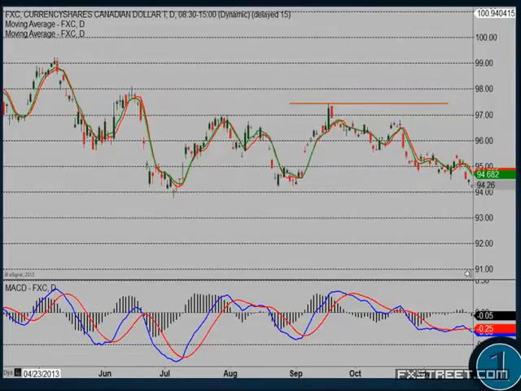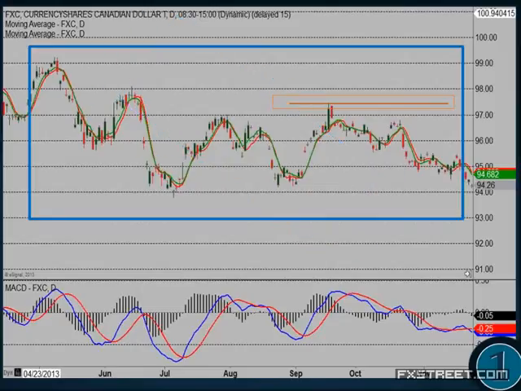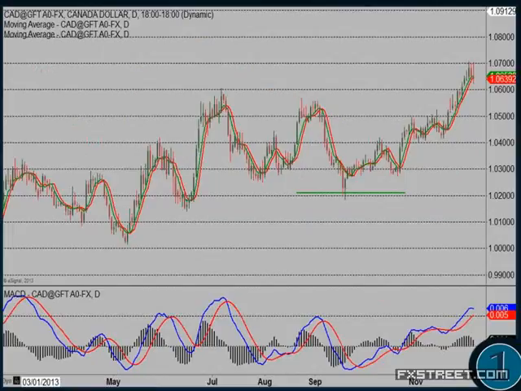Here's an ETF of the Canadian dollar. If you were a stock trader and you wanted to trade the Canadian dollar, here's how you do it, okay? Once again, there's a bearish risk tolerance threshold level. As long as price is below that level, then this overall pattern is bearish, okay? Pretty simple premise, right? Here's a chart you're probably more familiar with.